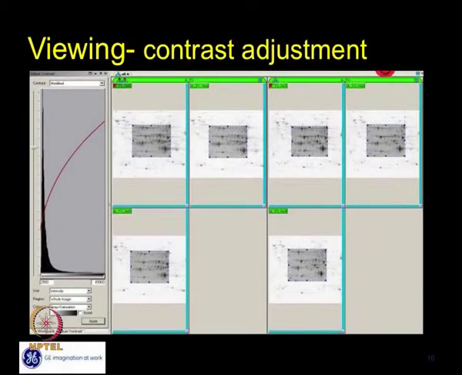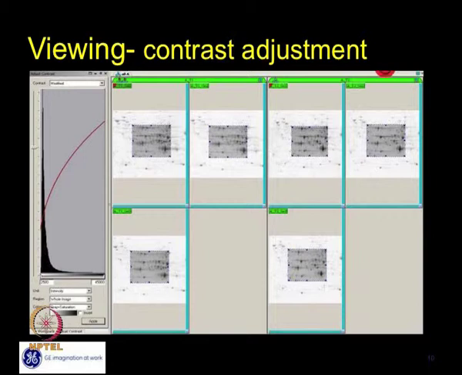How do we adjust the contrast in our workflow? You can see there is an option in View to change the complete contrast and brightness, whatever you want. In that case, you can select any one of the boxes from the select tool. After selecting that particular box tool, you can change whatever you want from the x-axis and y-axis, that is the contrast as well as brightness. You can see the real changes in this particular block.